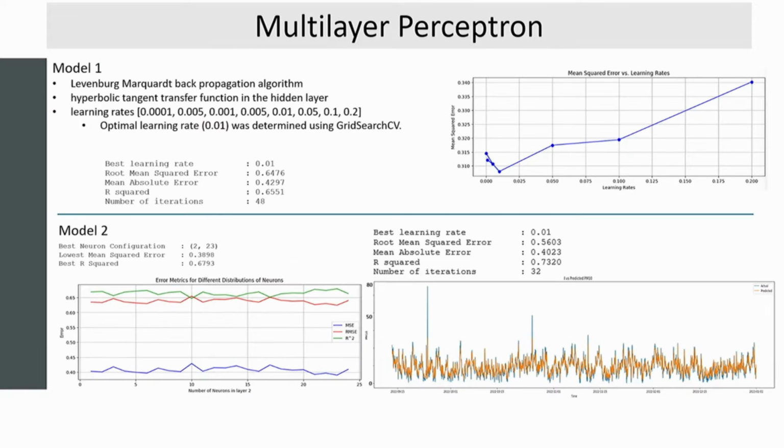And then we created 2 models. The first was an MLP using the LM backpropagation algorithm. We searched for the best parameters using grid search, and the best learning rate was 0.01, and the R-square was 0.65, which was not bad, well, moderate. For the second model, we introduced 2 hidden layers and tried to find the best combination of nodes in those hidden layers. The best combination was 223 neurons in 2 hidden layers, and the result on the test set was better, about